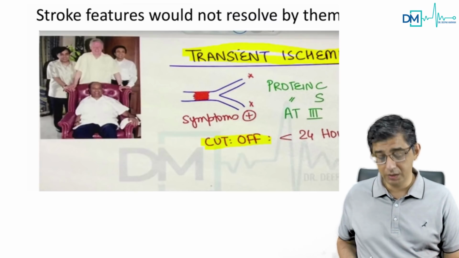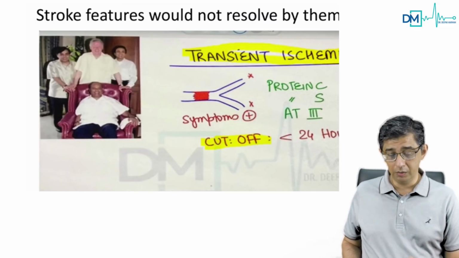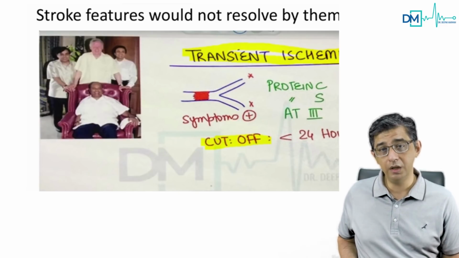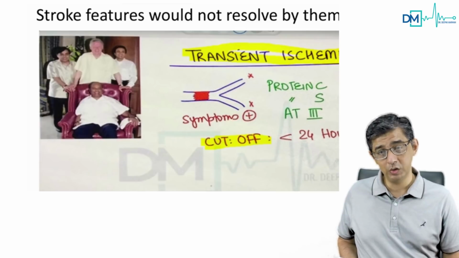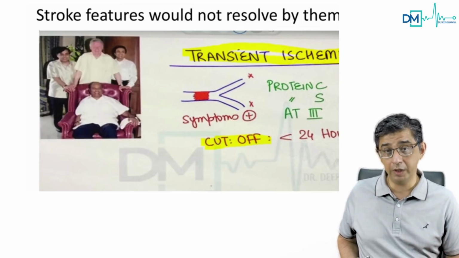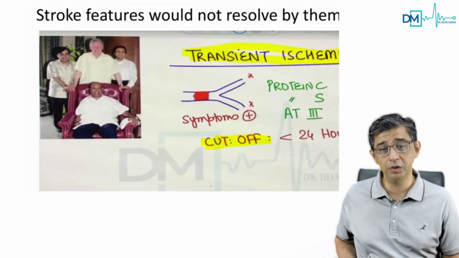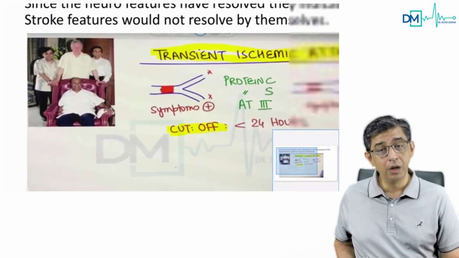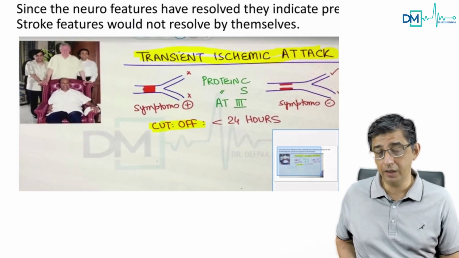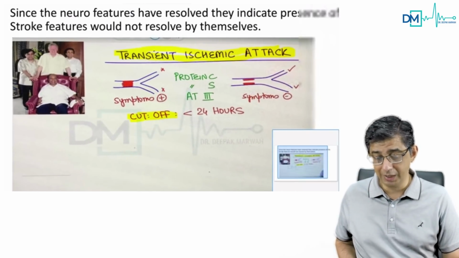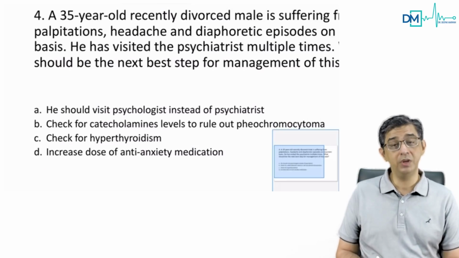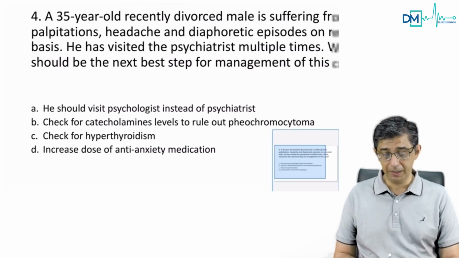In fact, here you can see an image of Dhirubhai Ambani, the richest man in India, with Bill Clinton and his two sons, Mukesh and Anil Ambani. Dhirubhai Ambani died of stroke. He had one in 1986. He survived it due to good medical care, and then in 2002, he was maybe neglecting his health. He unfortunately died because of stroke. So, as they say, money cannot buy health. But then transient ischemic attack is a precursor to development of stroke. So the clinical history that came in the exam was basically in favor of a TIA.